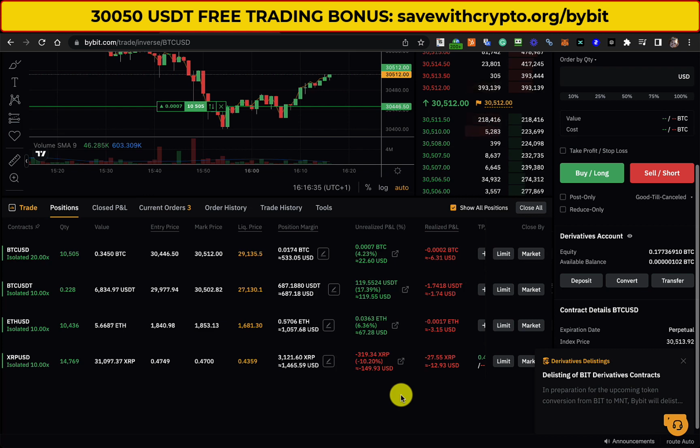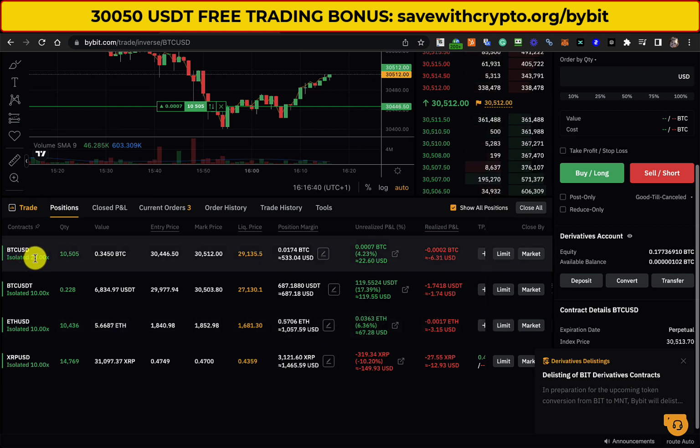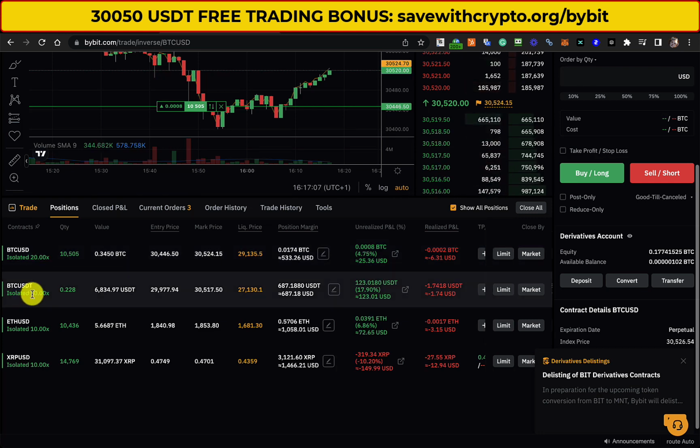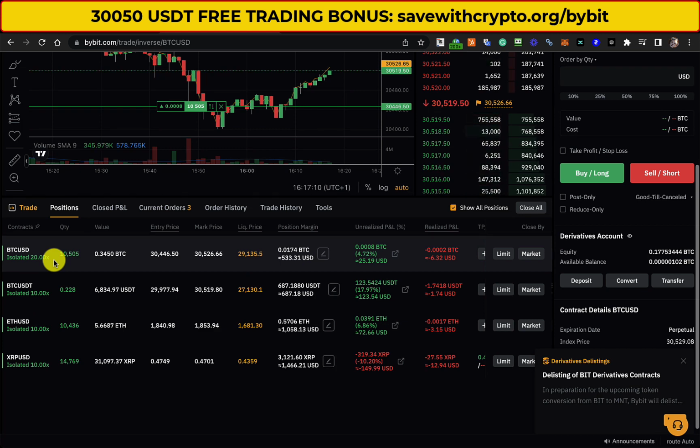To me, I think it makes sense to trade Bitcoin USD, so you're trading Bitcoin against itself, when you believe that the price of the asset you're holding is going to go up. And at the moment, I think Bitcoin bottomed out a few months ago and it's on its way up to 100k and more. So I believe that Bitcoin will go up in value. So if, for example, I missed a trade here, then I wouldn't worry because I'm holding the underlying asset anyway,